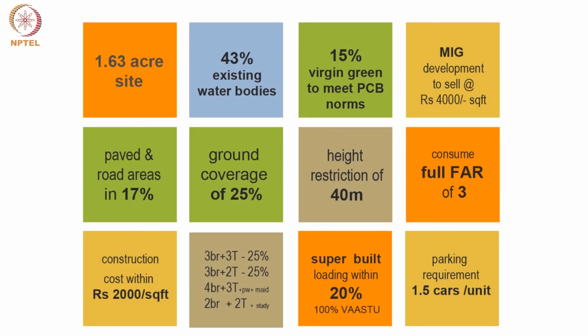We essentially had a very tight site of 1.63 acres. 43% was the existing water bodies, which we wanted to restore and preserve for biodiversity. So we were left with a very tight land area, as you can understand, when 40% goes to the water bodies. We had to keep our super built-up loading very tight. We had to comply with residential Vastu Shastra, that's important. And the developers wanted to sell the property at 4,000 rupees a square foot. That means our construction cost should be well within 2,000, plus the land and other costs, with financing and other costs, would be substantial, about 3,300, 3,400, to leave a small margin of 500-600 rupees,